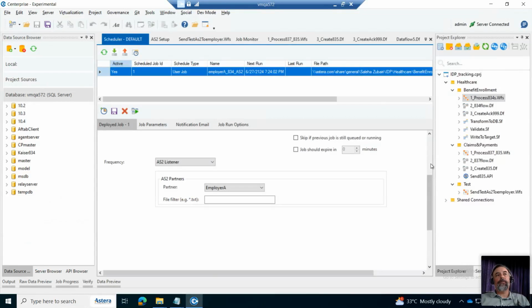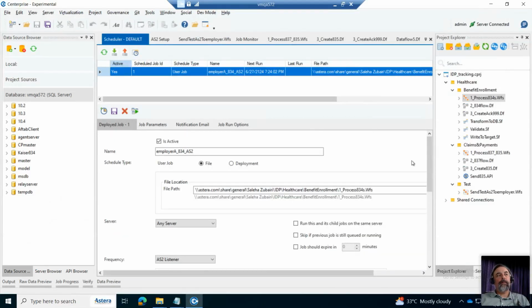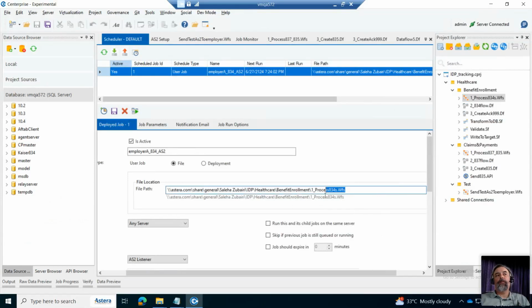And this is on the server level, and here what you're seeing is the list of all schedules that we have in the system. So at the very top, you'll see one row where we've already created a schedule. And can you scroll up a little bit, Fatima? And on the bottom there, you see the actual details of that schedule. So it has a name, and then it's pointing to an actual one of our workflow files. Now, there's another way to deploy it, but we won't get into this for the sake of this demonstration. We'll leave it pointing directly to the file. And then if you scroll down a little bit,